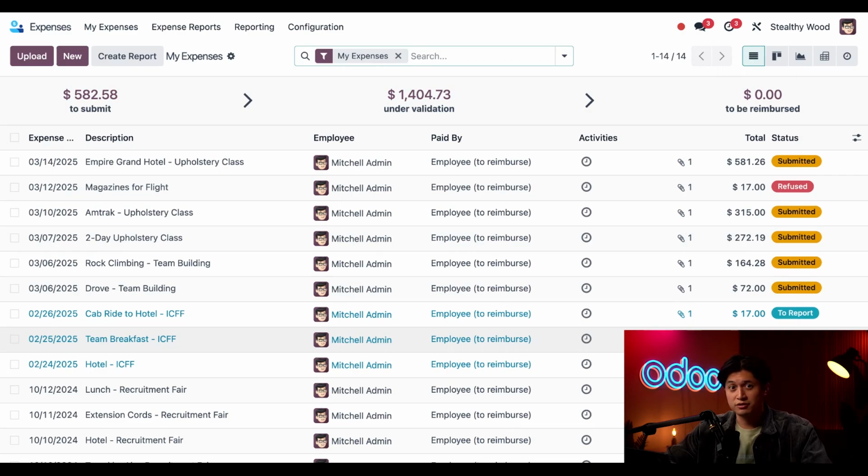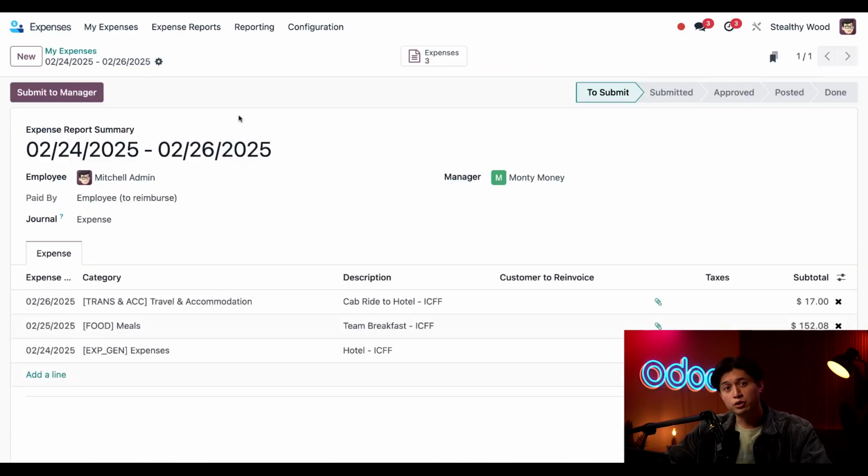Want to see a really, really cool trick? If I click Create Report here at the top, Odoo automatically makes an expense report with all the expenses that have not yet been added to an expense report. Isn't that amazing? This feature can save you a lot of time. Now, all I need to do is update the expense report right here, and that field is automatically populated with the date range that's attached to these